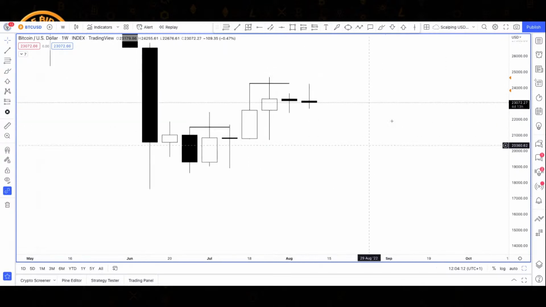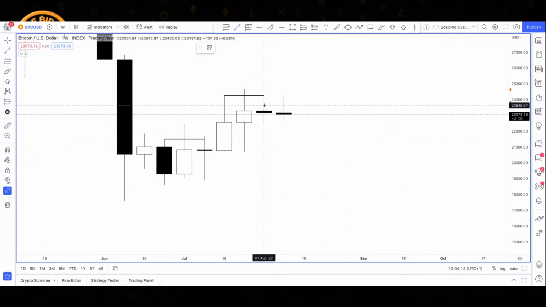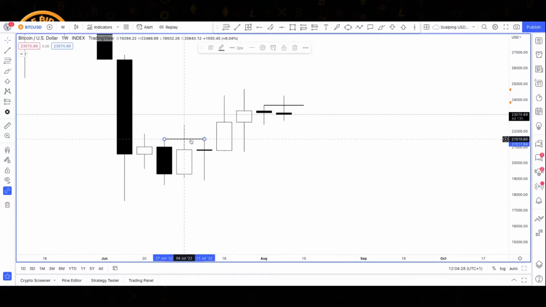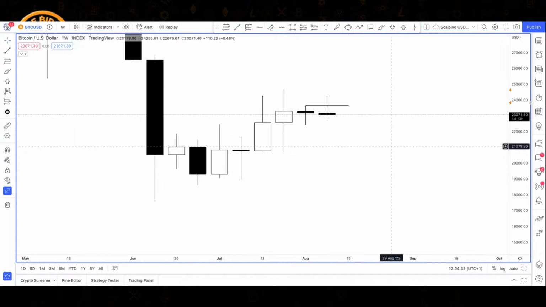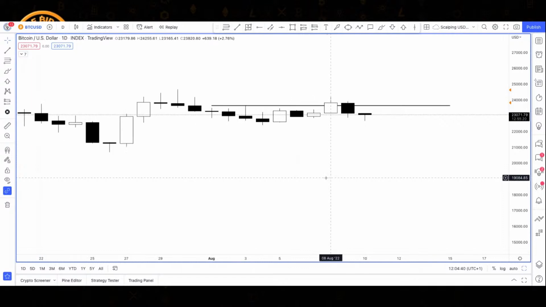Now, what we're asking ourselves here is, are we seeing the same thing here? As we can see, price has come up, run the liquidity above here, closed back within, and is now starting to trade down. So let me just clean this up a second, and let's take a look at this current week that we've got here. Like we said, we've run the highs here, we've come back in. So we want to then decant this down onto the lower time frames, right? And if we take a look at the daily,